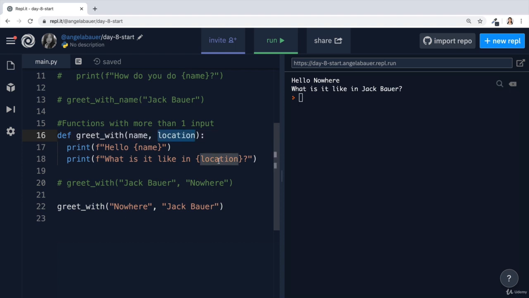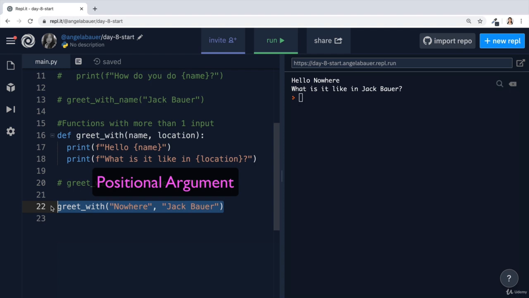So in this case, name is now equal to nowhere, which is why this line printed this, and Jack Bauer is now assigned to location, which is why it printed this second line, like so. And in Python programming, this is called a positional argument,